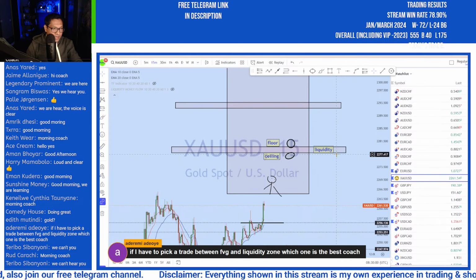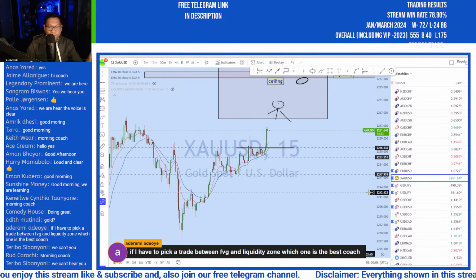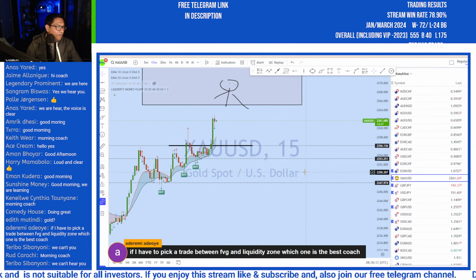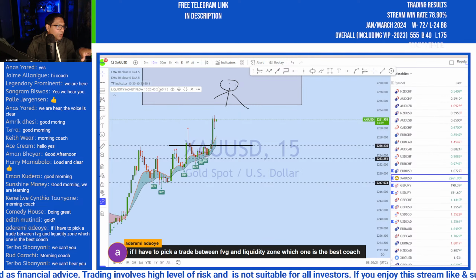We will be discussing it in depth, and that's why I emphasize liquidity a lot, understanding the liquidity candle. Also, we have a tool that I am using at the moment, and I have already given quite a few members access to it. This is a liquidity or money flow indicator. Now if you look at this gold chart, this is the same one with the TF indicator, a little bit different in values.